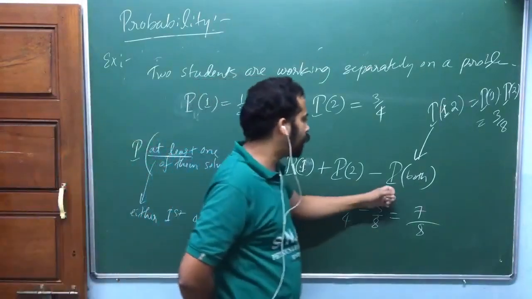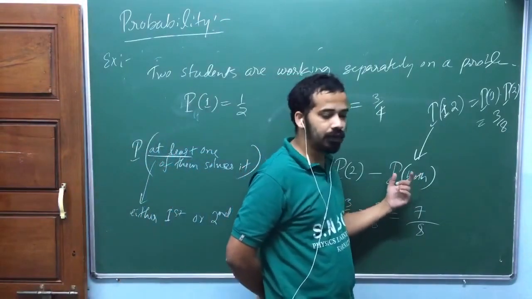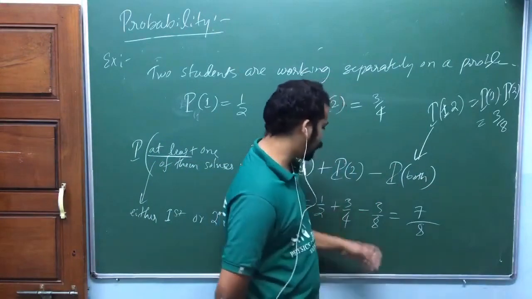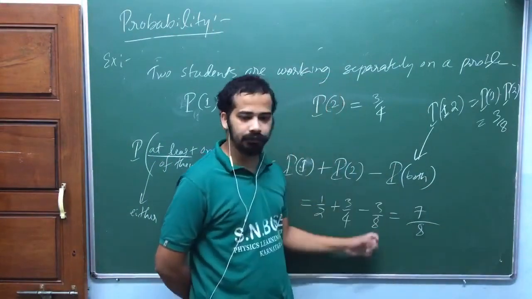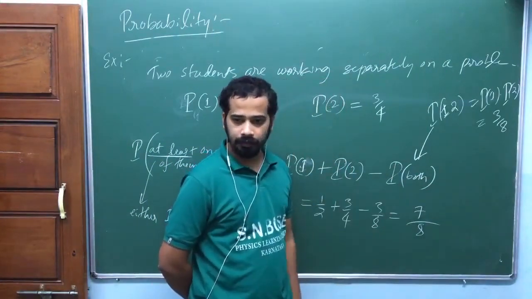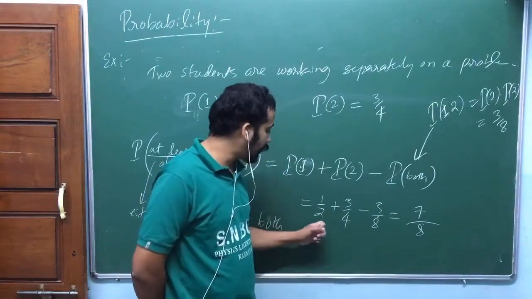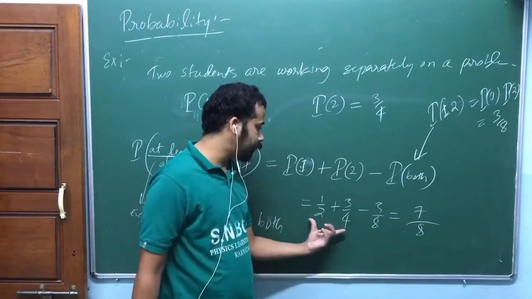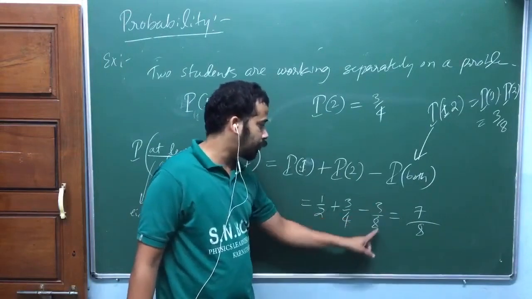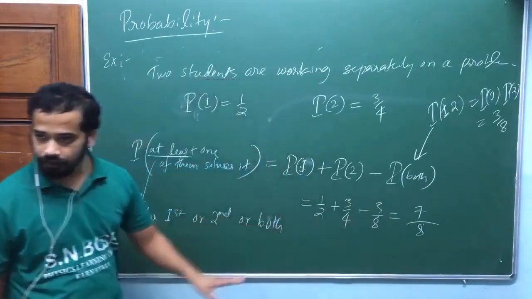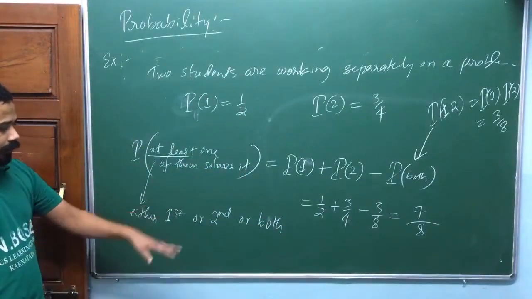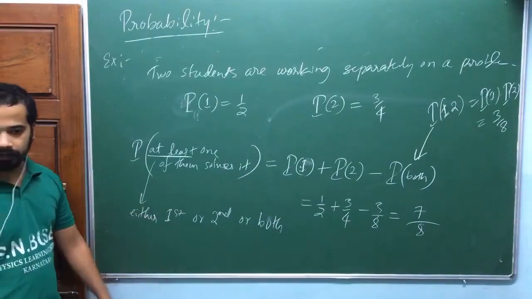So this is the probability of both, meaning probability of the first student and the second student. Are you getting my point? So there is this much probability that both of them solve that one together. That probability exists here also actually. That's why you have to subtract. If you keep only these two, you have counted this one twice actually. That's why you need to subtract once to get the probability of either the first one or the second one or both. Then you will get the correct probability.